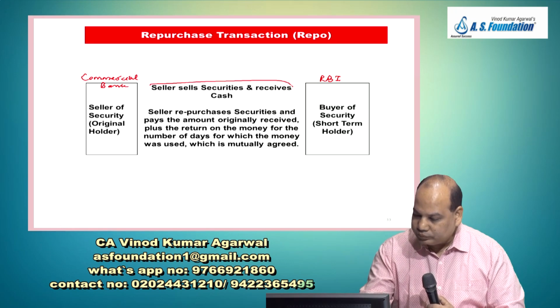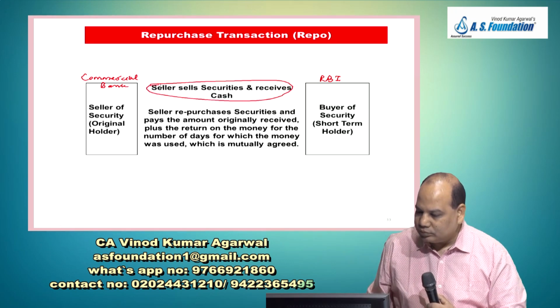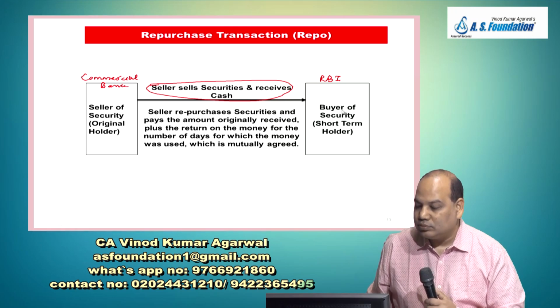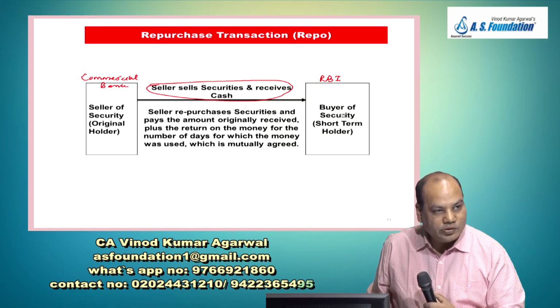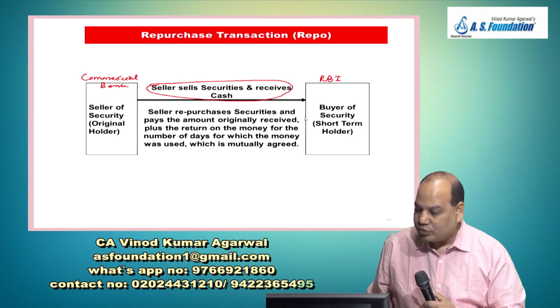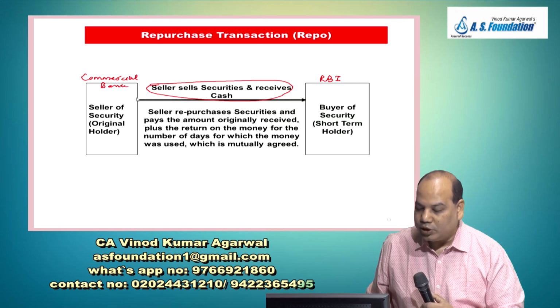They will sell government security to RBI. RBI will purchase the government security from them, and RBI will give them funds. So right now they'll get the funds, but then